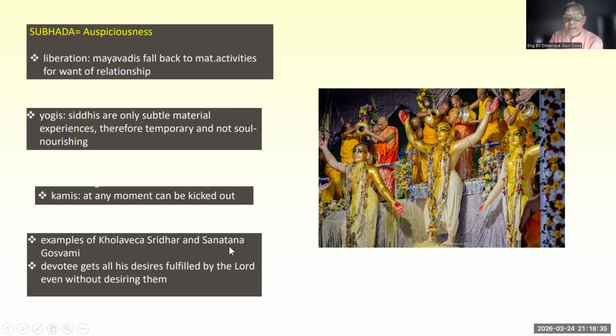In Sanatan Goswami's case also, we know that he parted with all of his money. 50 percent he gave to Vaishnavas or Brahmins who were involved in Krishna consciousness, 25 percent he retained for personal emergencies, and 25 percent to his needy relatives. So there was a pure feeling of love in their hearts for suffering humanity. That is how all kinds of Shubhada, or auspiciousness, happened with these people.